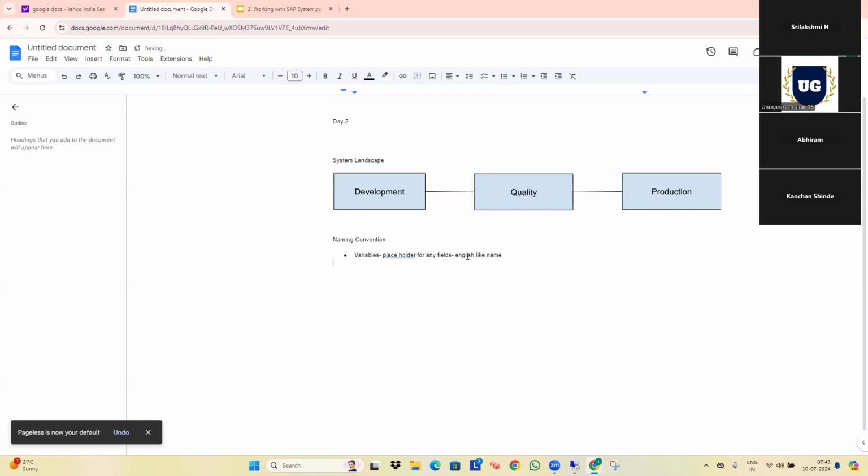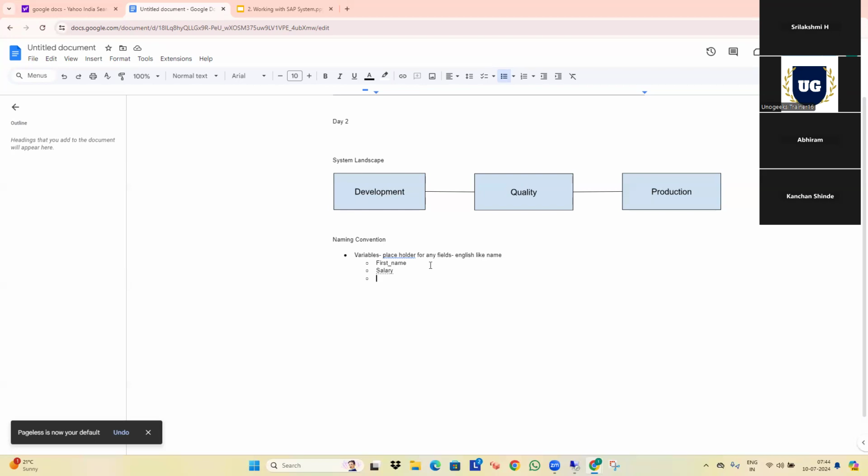So simply you will have a name variable as name, or you can have first name. Let's say you want to define a variable for salary. So simply we will write salary. The variable name should be an English name so that it will be easily recognized